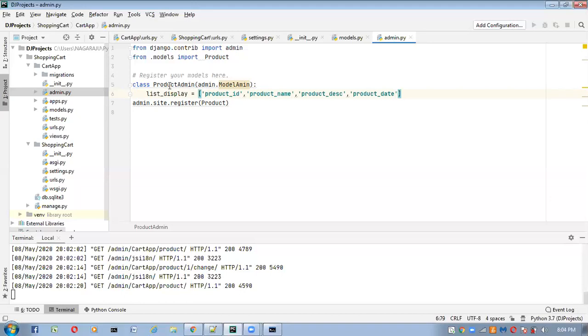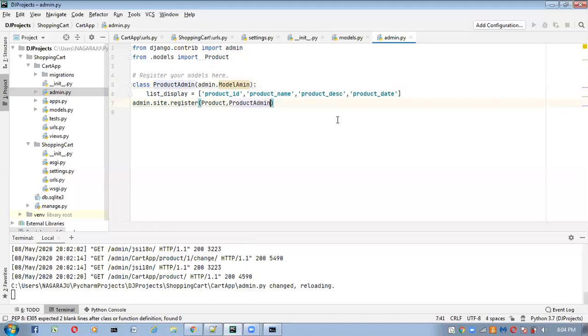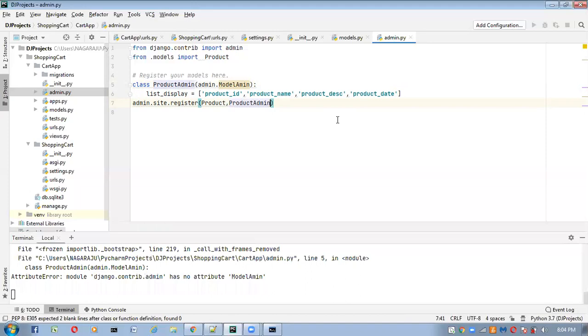And we have to register this ProductAdmin also, just by adding ProductAdmin. That's it. So now you can see the complete data inside that admin interface.